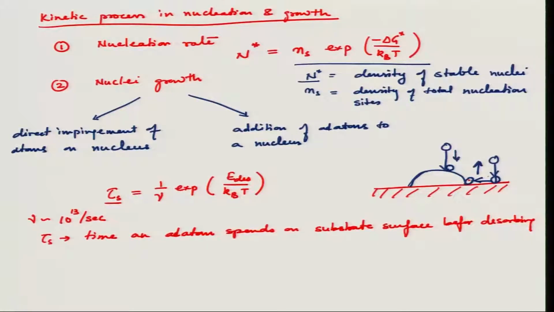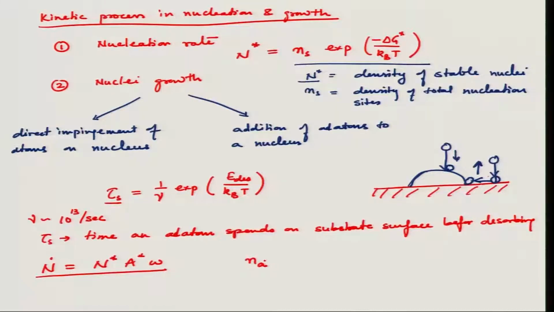Now, the overall nucleation rate N we can define as N star, density of stable nuclei, A star, this is a critical area of the nuclei on which more atoms can get attached to, and omega, which is the rate of atom impingement on nuclei. So, the total nucleation rate will depend on this. Now, the number of